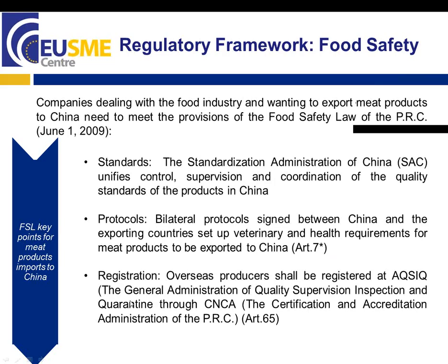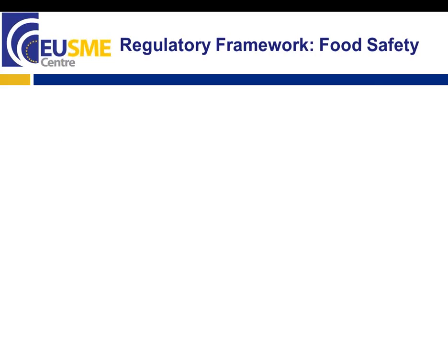After the protocols, another key element you must know is registration. There is a basic condition for any food facility wishing to export to China. It should be registered by AQSIQ. AQSIQ is the General Administration of Quality Supervision, Inspection and Quarantine. And there is a specific body called CNCA, which is responsible for inspecting foreign facilities on the spot and giving them the final approval. Another of the key points, apart from registering the foreign facility,